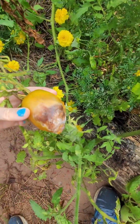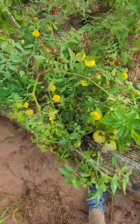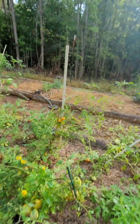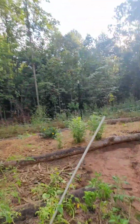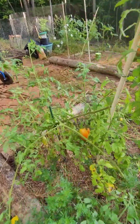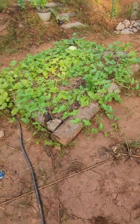Ooh, you got some weird moldy fungus. Let's pull you off. We don't want you. All of the tomatoes that are kind of like this, they go out in the woods. But we got more beautiful aromas. Actually made sauce yesterday